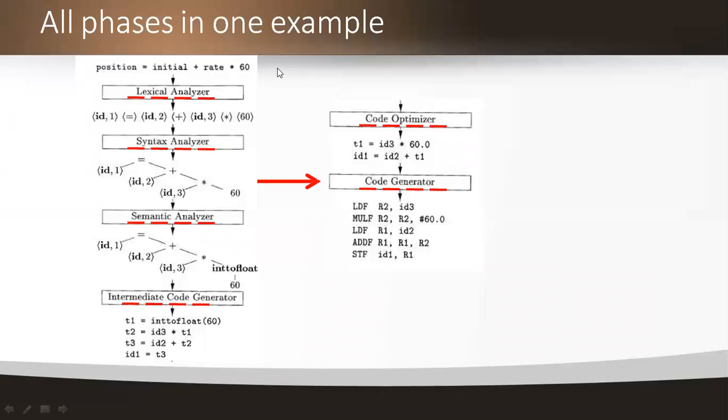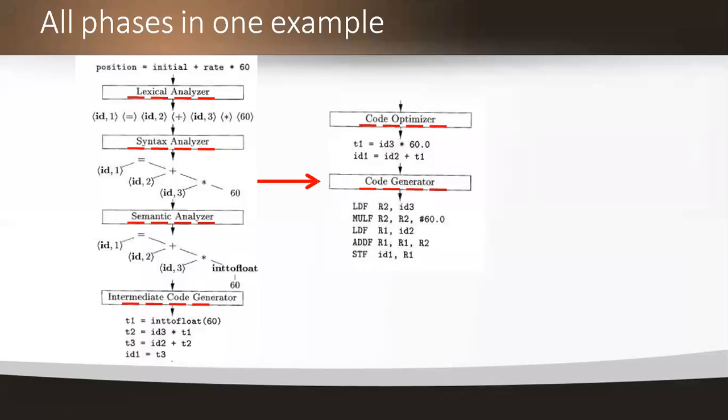See here, my input program in the high level language is position = initial + rate * 60. In this, the sequence of characters are: position is a character, initial is a character, rate is a character. Now position, initial, and rate are converted into tokens. The name of the token that I am choosing here is identifiers. Every time we can choose an identifier.